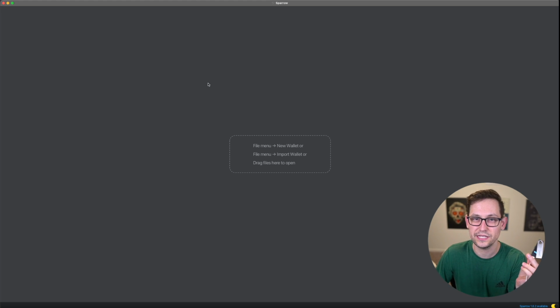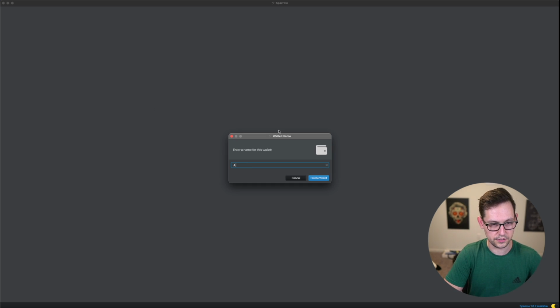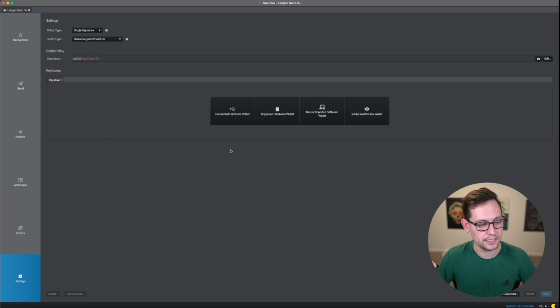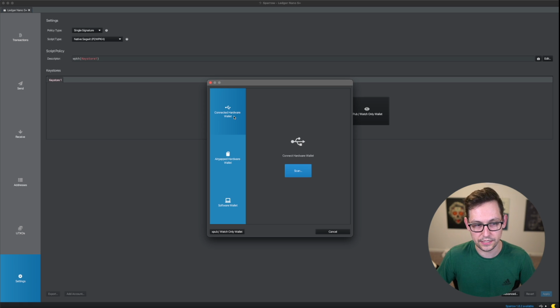Now that that's out of the way, let's go ahead and start migrating this Ledger Nano S Plus over to Sparrow Wallet. So the first thing I'm going to do in Sparrow Wallet here is follow these instructions. I'm going to do File and then New Wallet, and I'll just call this Ledger Nano S Plus. Now it will immediately take me to the settings screen and I can click on Connected Hardware Wallet and then